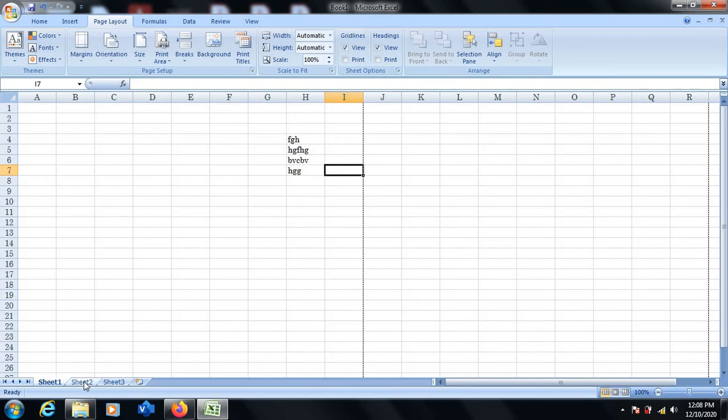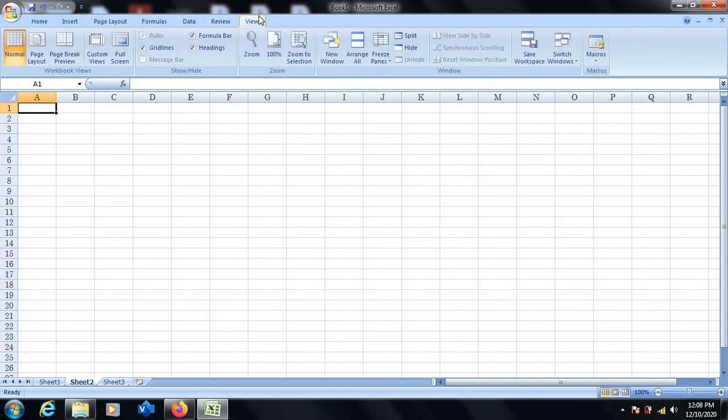Also, let us discuss one more option which is available under the View tab, the option called macros. Macros is something which records your actions. We already have learned what macros is in MS Word. Let us learn how to include something called a macro. A macro is something which records your actions, and we can use it multiple times in future.